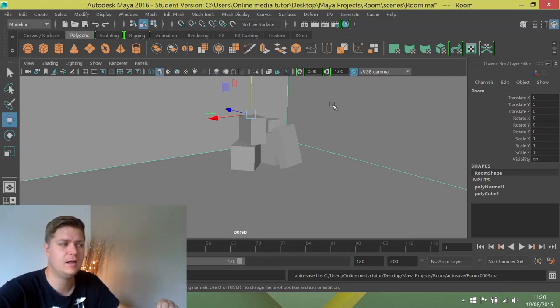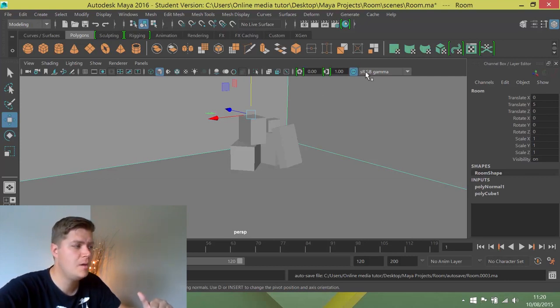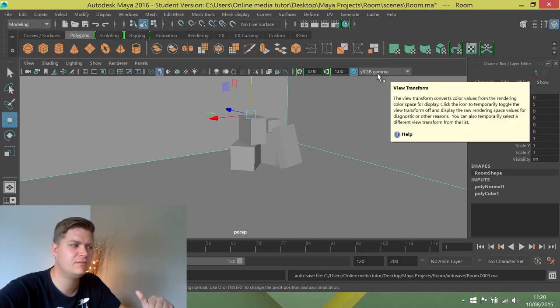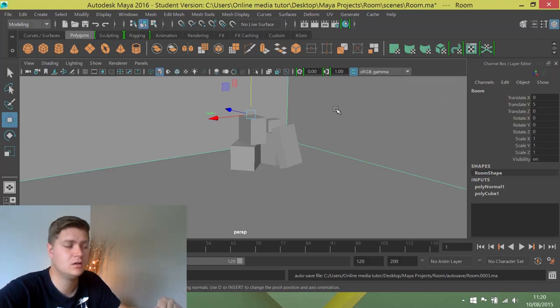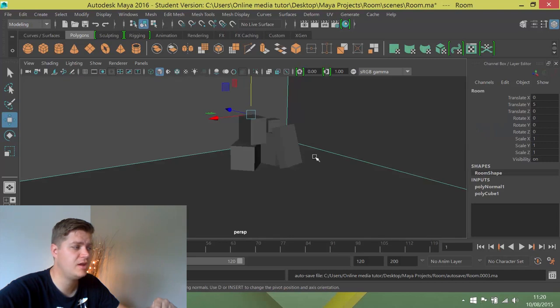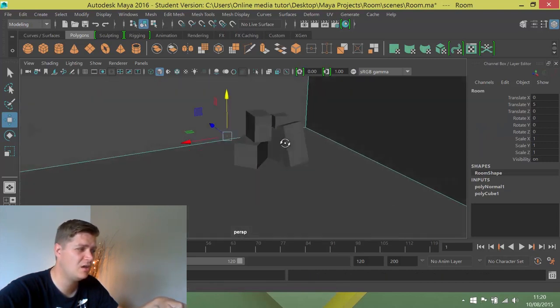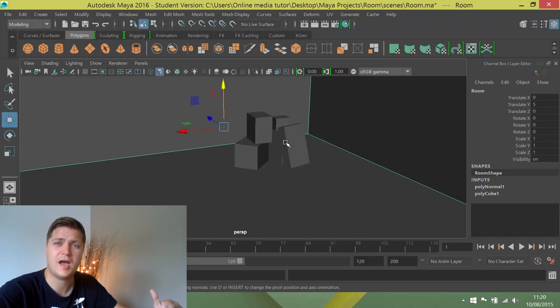of grey are a little bit too similar. And the reason for that, and I'm not sure why Autodesk have done this, is that they've started previewing different levels of gamma for some reason. The way to turn that off, and it'll just make things a little easier for you to see, is just where it says on here, click on it and it'll turn it off. And it just makes everything a little bit darker and the contrast's a little bit higher as well, so it's